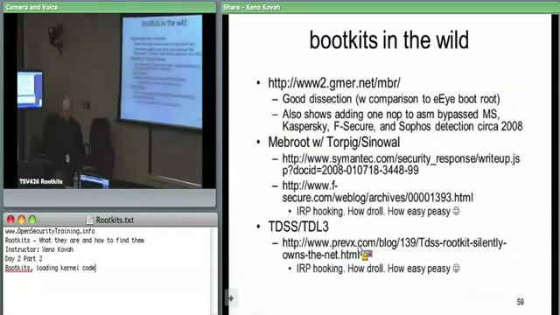TDSS was the first thing in the wild that was actually able to infect 64-bit systems, so it's sort of like vBootkit 2. It supports x64 systems, and that's relevant because other rootkits, if you don't start at these early stages, you can't just load your normal rootkit on something that has PatchGuard and signed kernel drivers turned on, right? Maybe you can sign your thing with something, steal a certificate like Stuxnet, but